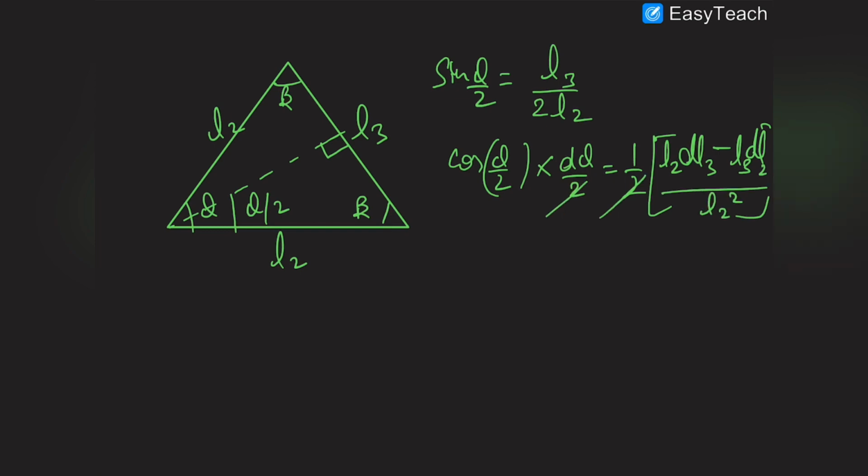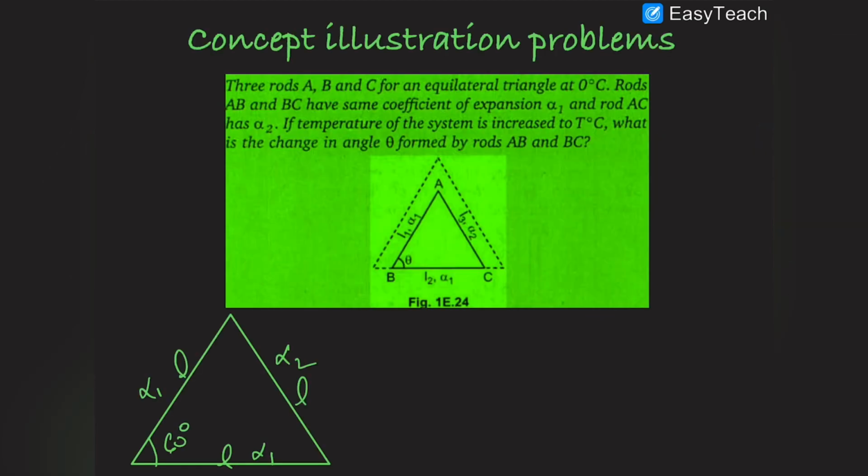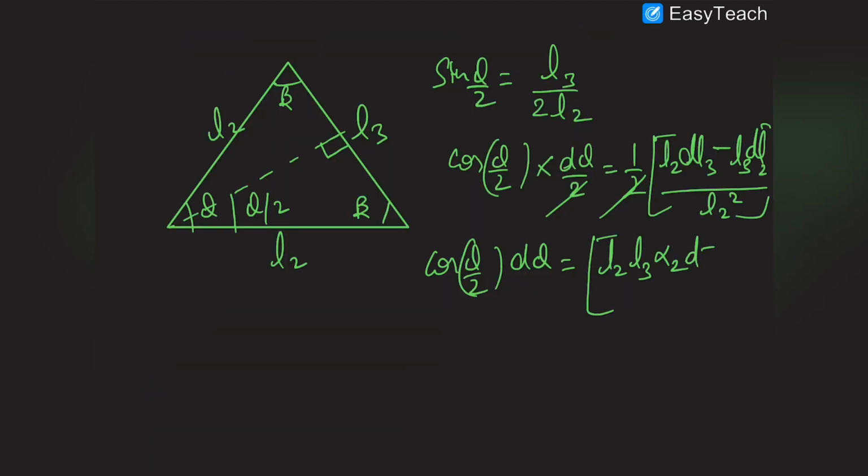Cancelling this 2 with 2, so cos theta by 2 d theta is equal to L2 and dL3 can be written as L3 alpha 2 dt, and minus L3 L2 alpha 1 dt